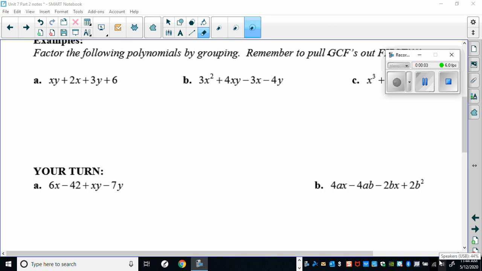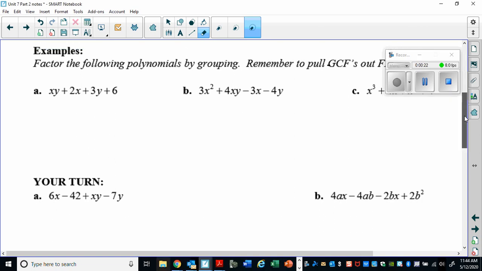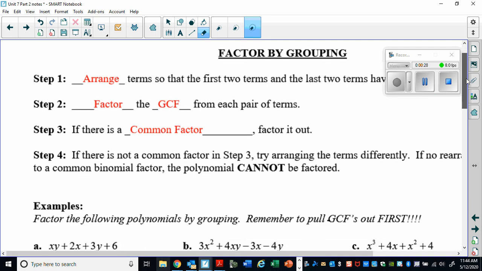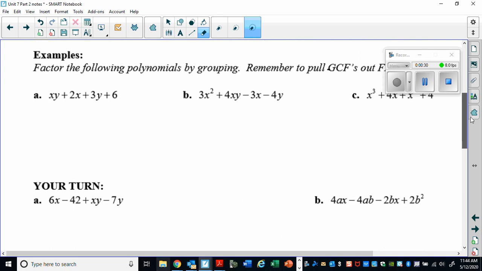Hello, this is actually our last video for Unit 7. Last video meaning this is the last new concept that you will learn for the Unit 7, Part 2 curriculum. So we have learned how to factor binomials, difference of squares, and now we're going to learn how to factor